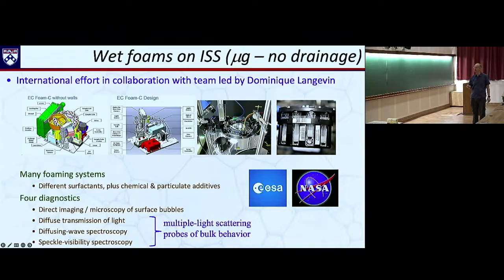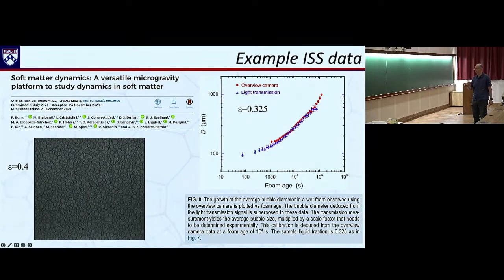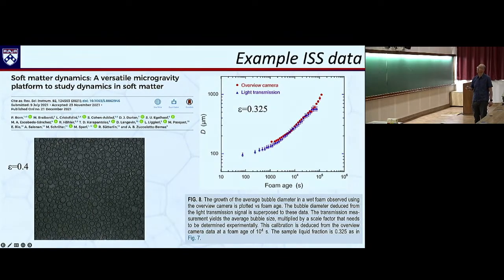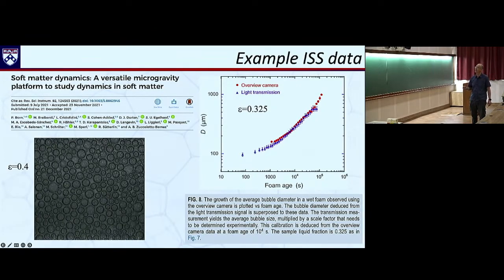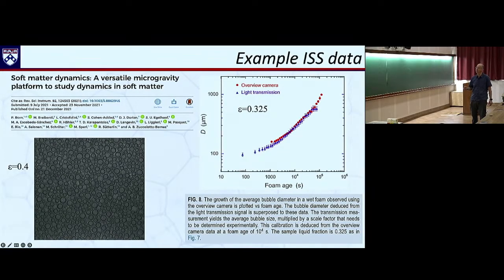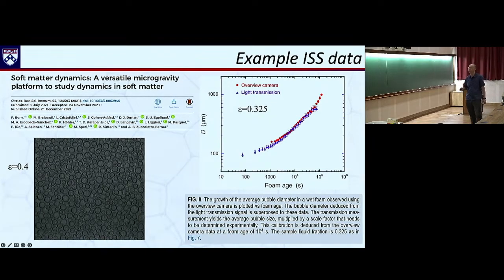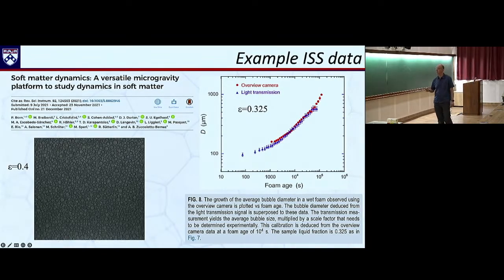And it's a nice general purpose apparatus. We can do dynamic light scattering. We can do direct imaging of the surface bubbles. Okay, so lots of good diagnostics that are built into this. And it's a general purpose apparatus, which you can also use to study other forms of soft matter. And in fact, some of the folks on our RSI article are coming at this like this fellow is looking at emulsions with our apparatus, and this guy is looking at granular materials with the same apparatus. So it's a general purpose apparatus for looking at different forms of soft matter. We designed and built it so that that could be done, and we're going to use it to look at